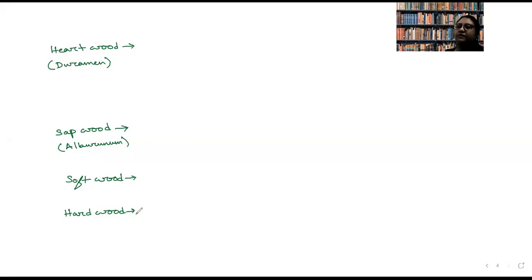With this, we are done with the fascicular cambium. Still, what is left? So, in our next lecture, we will study about the activity of cork cambium. We will study about the anomalous growth that is observed in case of dicot stem as well as monocot stem.